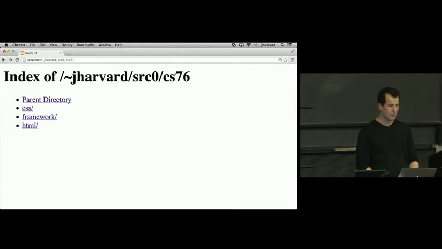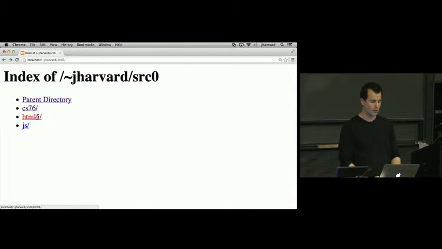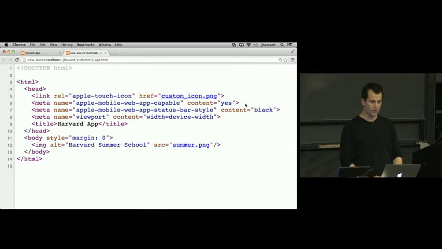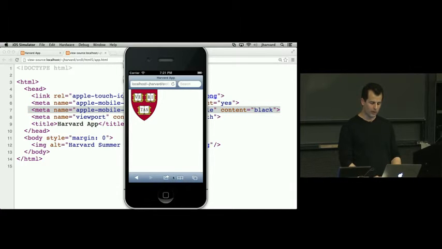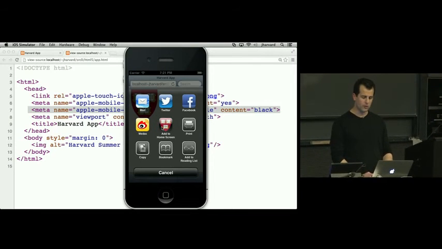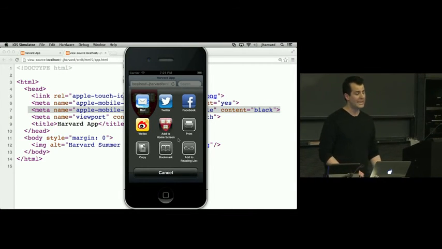Well, let me go to this same page in my browser just so I can zoom in on it over here. And you'll see the same boring website, but underneath the hood in the source, notice that I've included this. And I've also jumped the gun and included this, which, aptly named, makes the Apple mobile web app status bar style, quote unquote, black. So instead of getting the default blue or some other color, I just want the status bar at the top of my Safari instance to be black in this case. So if I go to my mobile browser and click on this icon here, which any iPhone user has, notice here in the middle, I have an icon, Add to Home Screen. If I did not